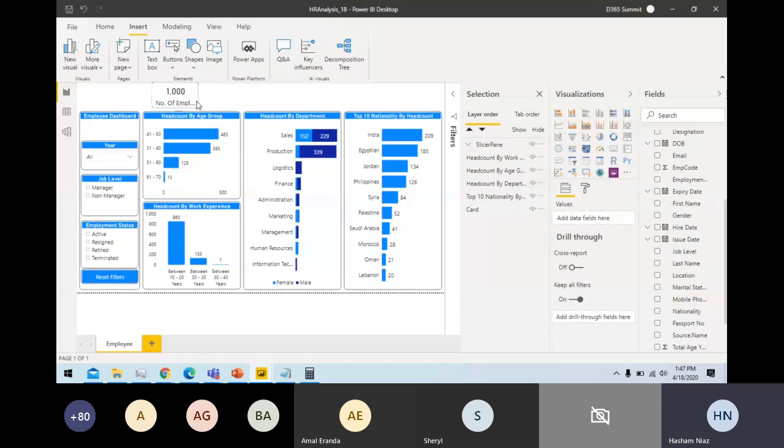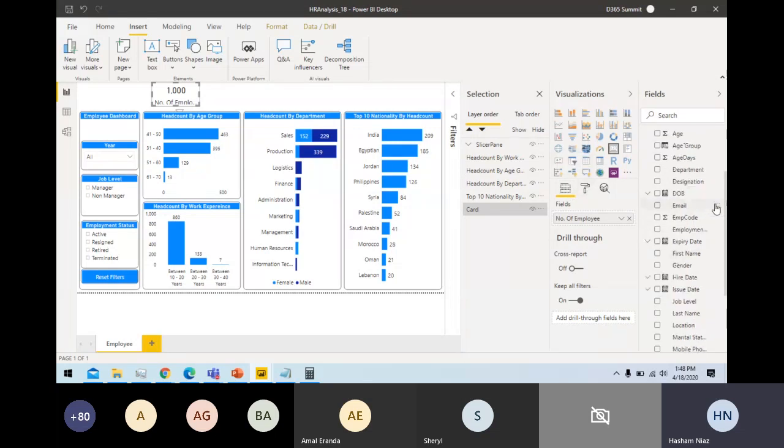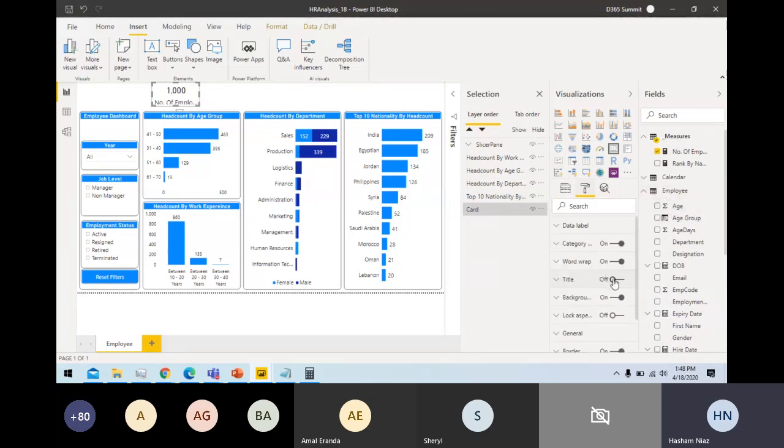So now let's move to the final part where we have some card visuals available. So let's try to format this card visual, and then in the next 10 minutes, I will quickly copy paste these visuals. So let's set this card visual first. Title this, turn on the title, turn off the visual header, data label is already set. We need to turn off the category label. In the title we say total head count.